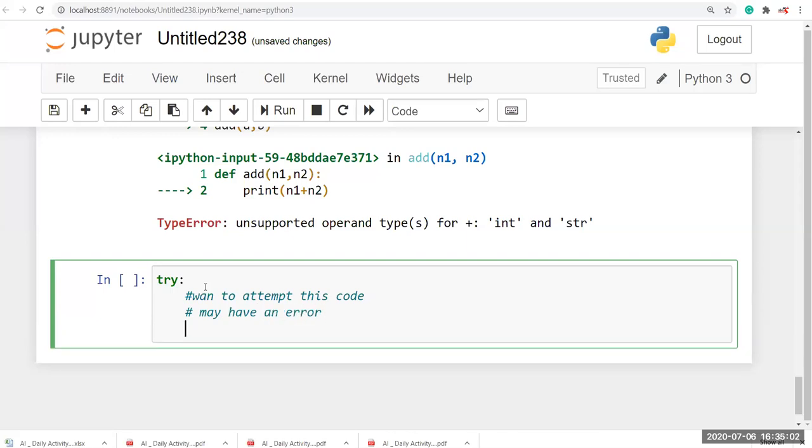Then after that, I'm going to declare a variable result equal to 10 plus 10.